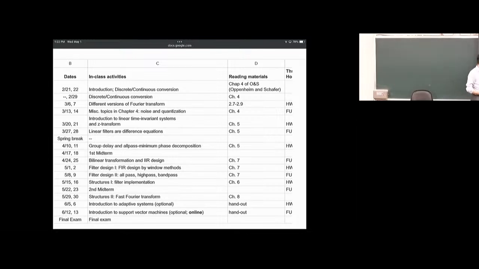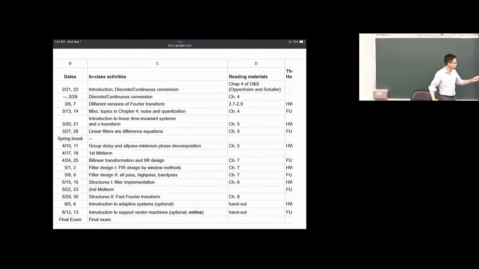So remember that we talked about the bilinear transformation last time. You can borrow from an analog prototype, any analog prototype, and make it digital through bilinear transformation. And the end result would be an infinite impulse response filter, or IIR filter. So that is last week. But this week, I will just briefly go back to the topic of IIR design. But then today, I mainly want to introduce FIR,